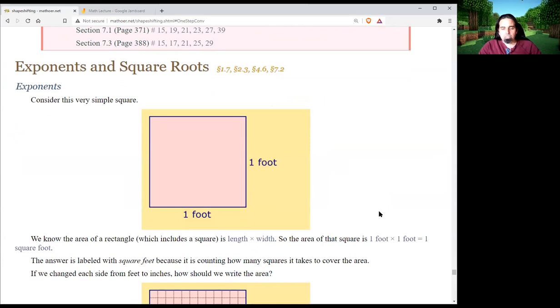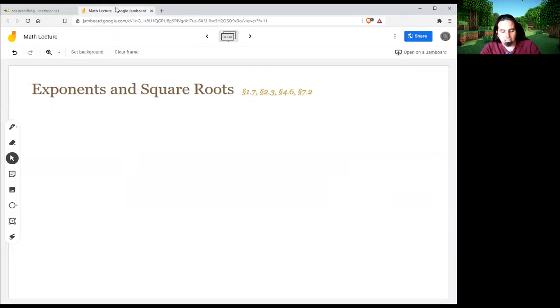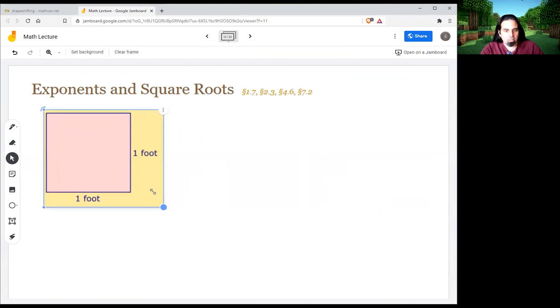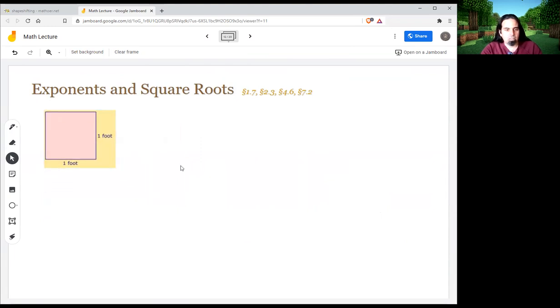If we have a simple square, like 1 foot by 1 foot, we know that the area of a rectangle is length times width, squares too. So the area of this is 1 foot times 1 foot, which is a square foot. When we say this much paint would cover 1 square foot, then that's what we need. So that area